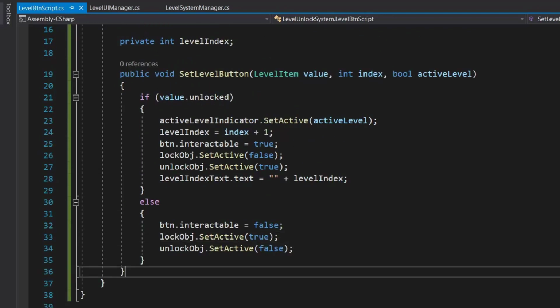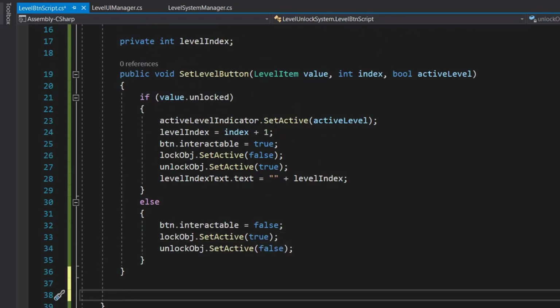And we also need a method which will activate and deactivate our star images.